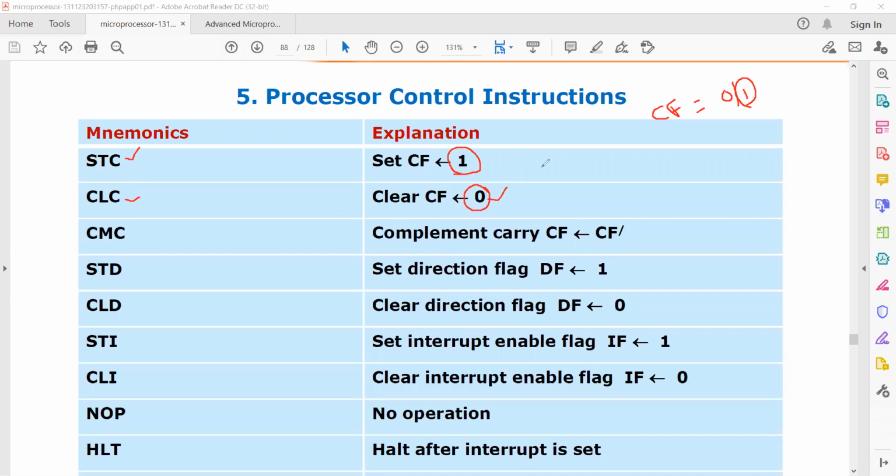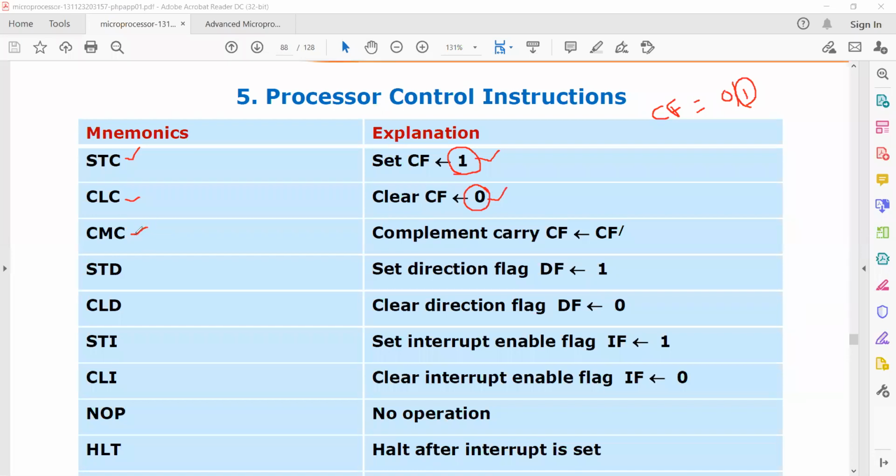So STC assigns the value 1 to the carry flag and CLC assigns the value 0. When you need to set the carry flag, you have to use STC. When you need to set 0 to the carry flag, you need to use CLC.